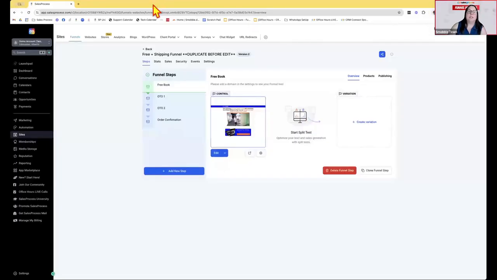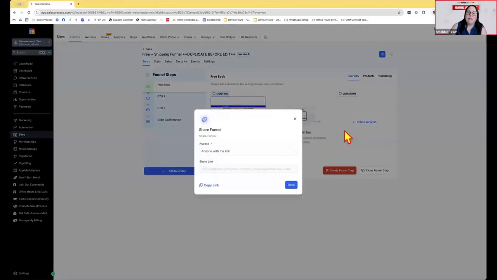Go into your Sales Process account. If you're in a funnel and you want to share a template, you're going to see this little share funnel logo here, and you click on that, and you get to decide if you're going to share it with anyone with the link, anyone within Sales Process, or if you want to remove sharing. So it's up to you.